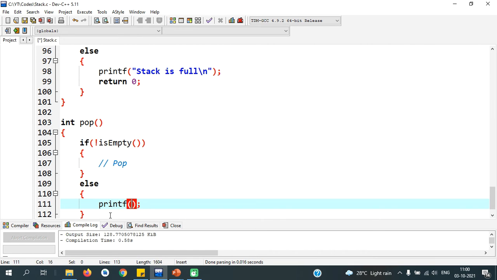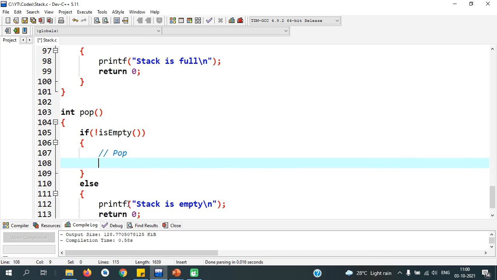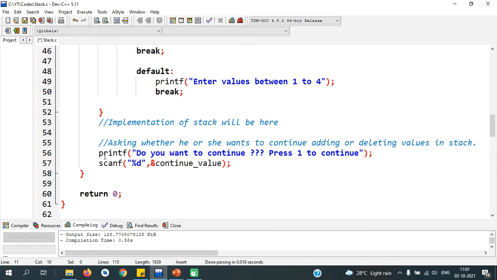printf stack is empty, else return 0. Now we will write the pop operation. At any point of time, the top of the stack variable will point to the topmost element of the stack.